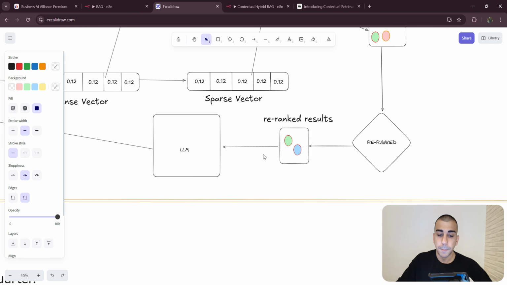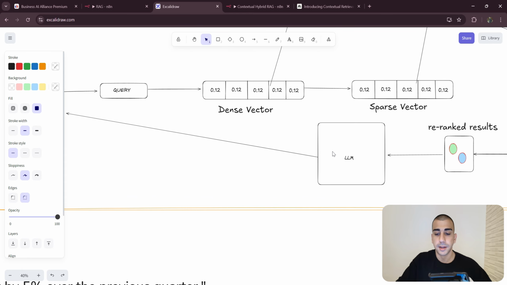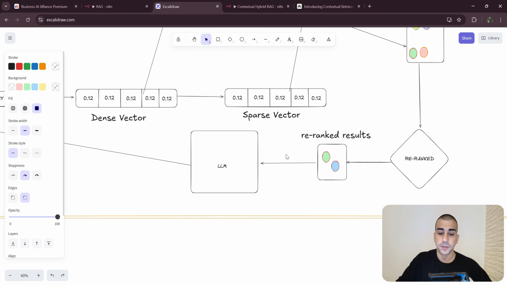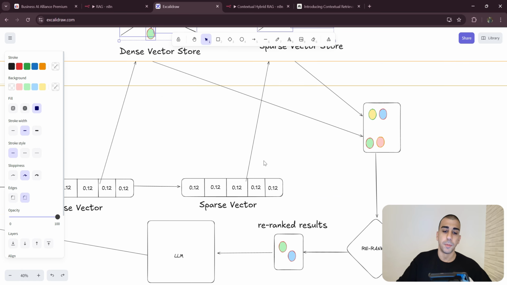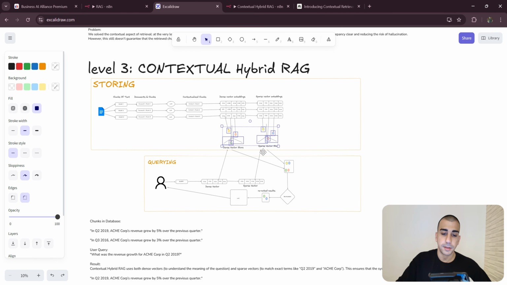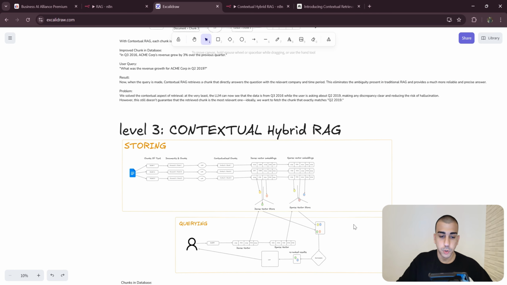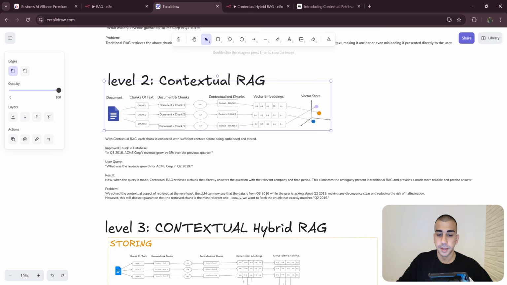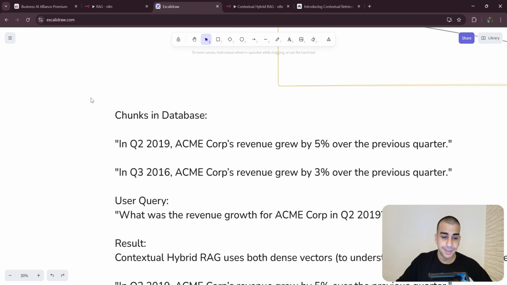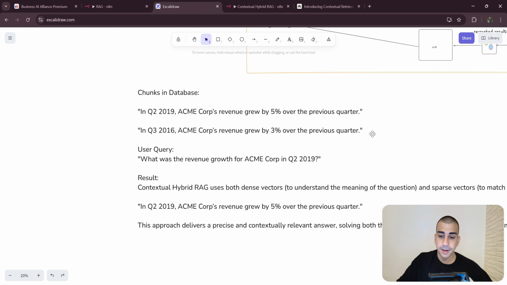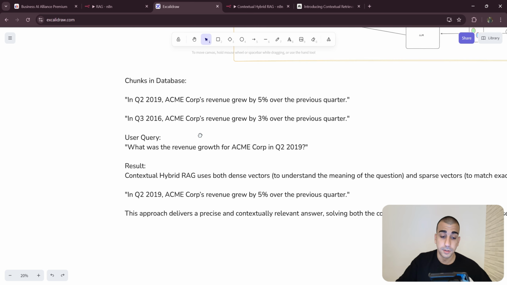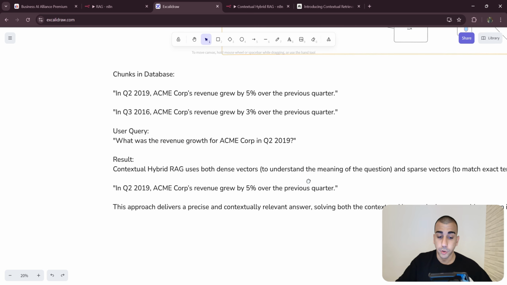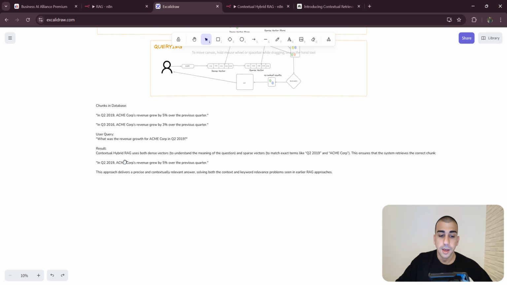And finally, we pass it to an LLM, and this LLM generates a response to us based on the context it received from our hybrid RAG system, in this case, to generate a much more accurate response in the cases that we just saw above. So now let's take a look at the exact same example again, and this time we also include the other type of chunks that may be present in the database, right? So we got Q2 2019, Q3 2016, and we got our same user query, and the result is